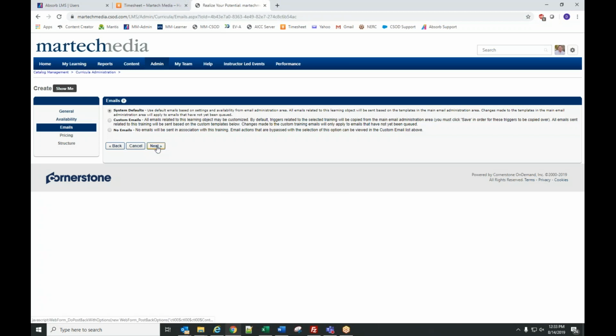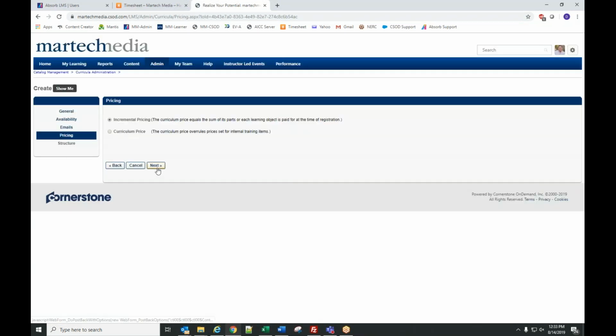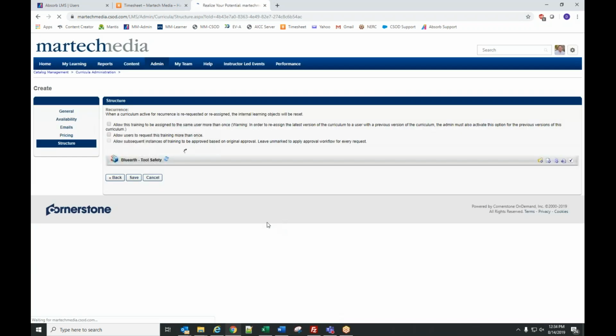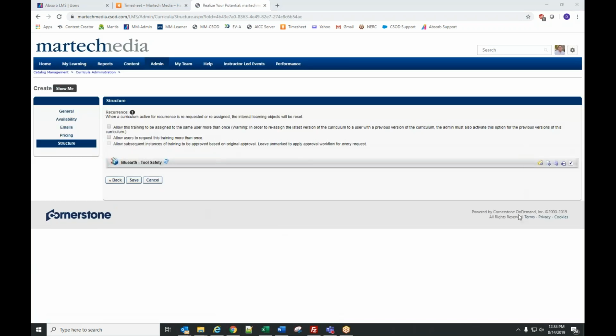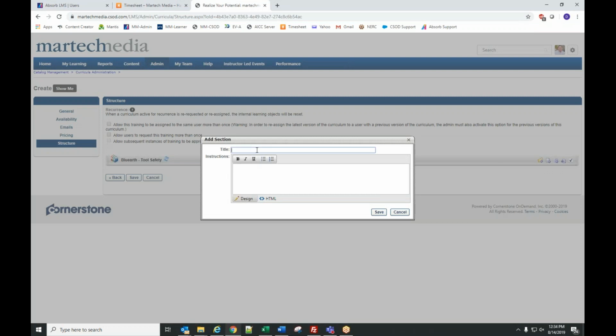I'm going to skip through emails and pricing, and this takes us to the structure. And the structure is where we're going to actually build the curriculum. And in this curriculum, I'm going to build two sections within the curriculum. I'm going to call this Basic Safety